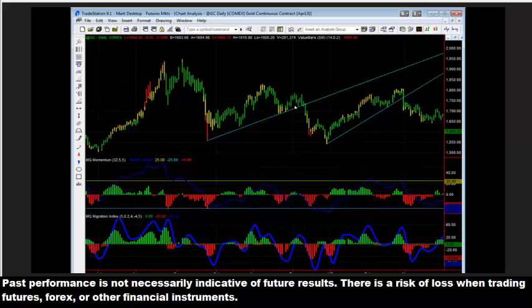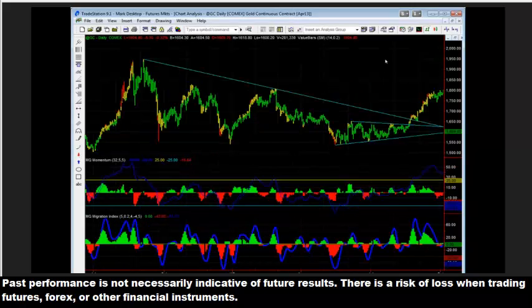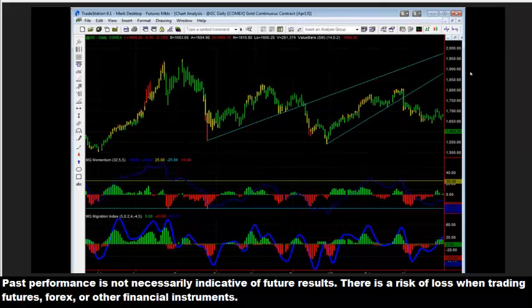So we have several touches, and now you're seeing momentum really start to fall off there. I'm going to go ahead and get my pen out here so I can draw on the screen, and I might even change my color to something that stands out. Okay, so right here, notice how the upward momentum with the indicator line and the signal line are higher, and then are much lower. The histogram's lower, and the indicator line's much lower.